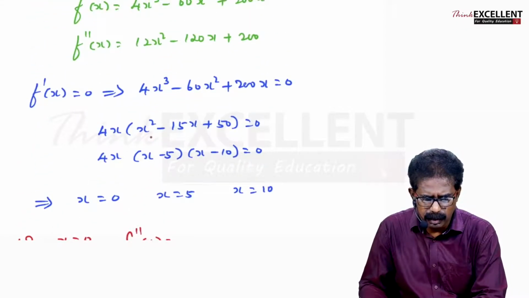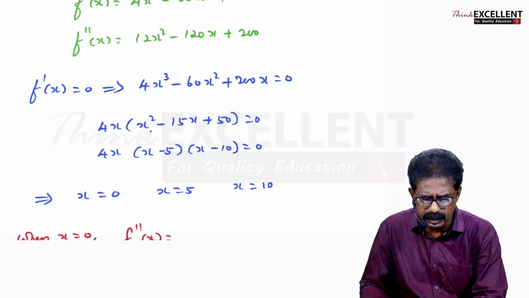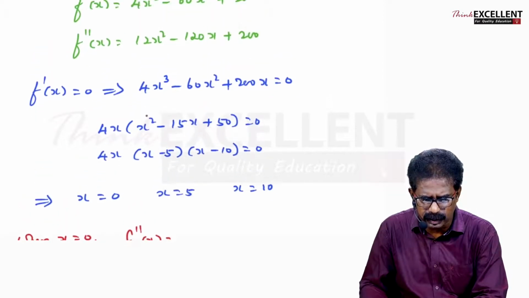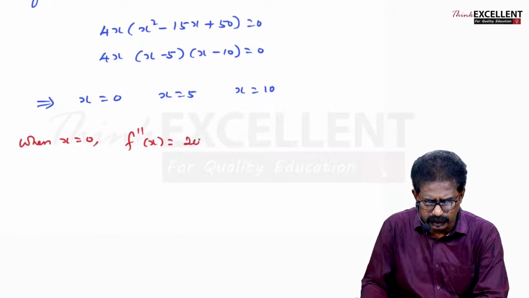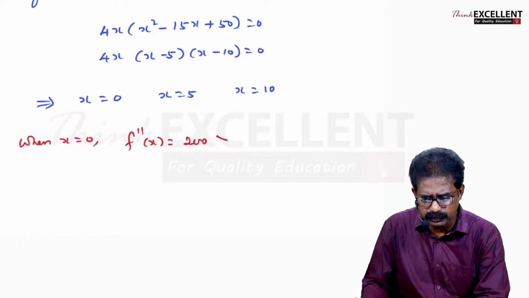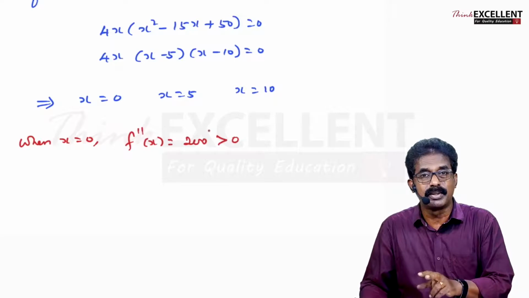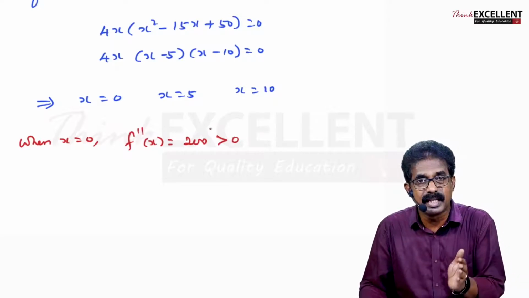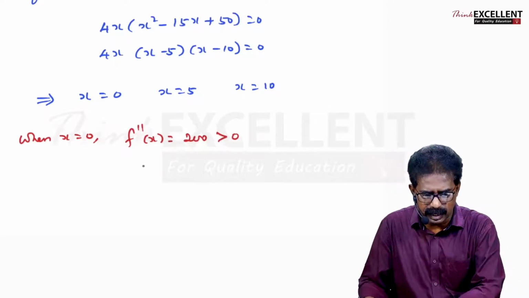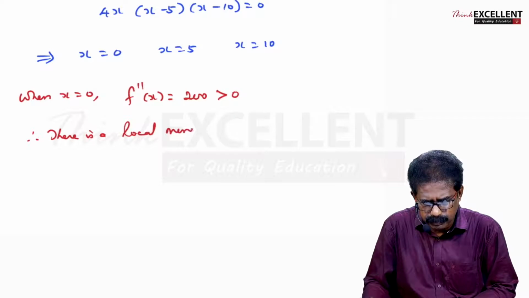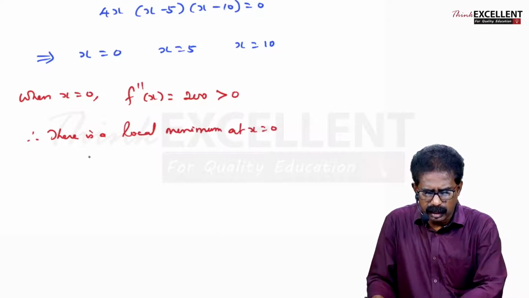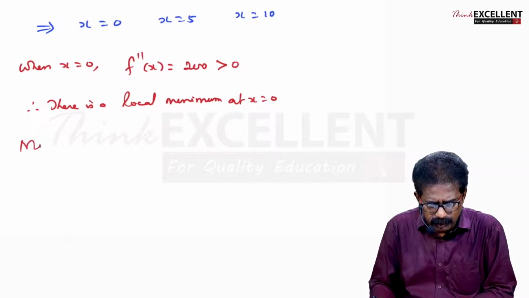12x square minus 120x plus 200, in which wherever x comes you put 0, right? So the first term 0, second term 0, only 200 you are getting. It is positive. Second derivative positive means local minimum. Therefore, there is a local minimum at x equal to 0 and the minimum value is